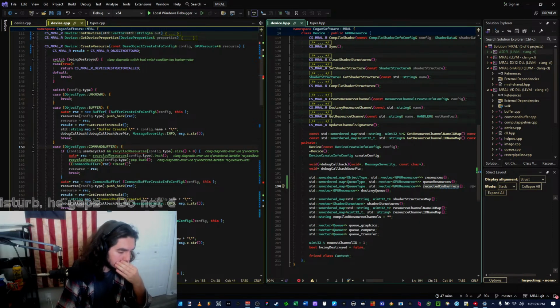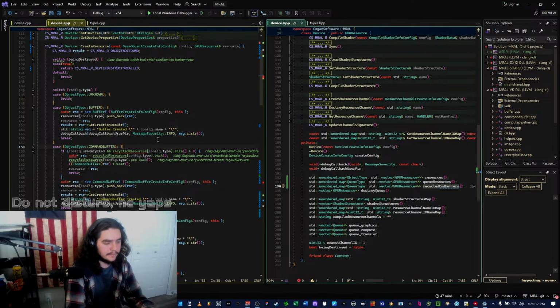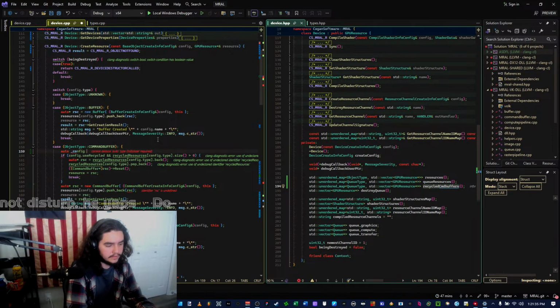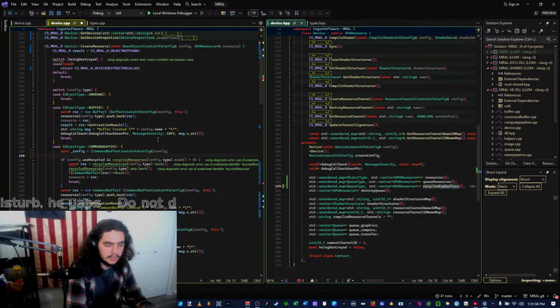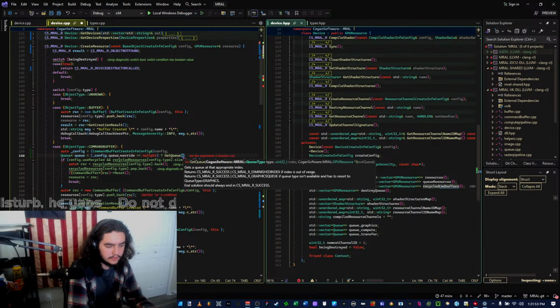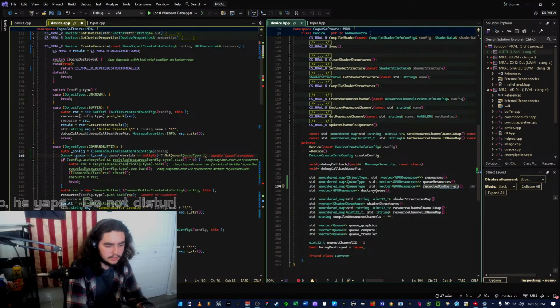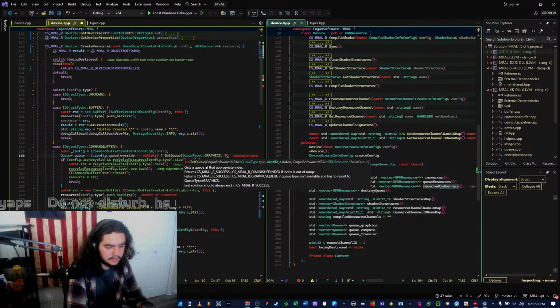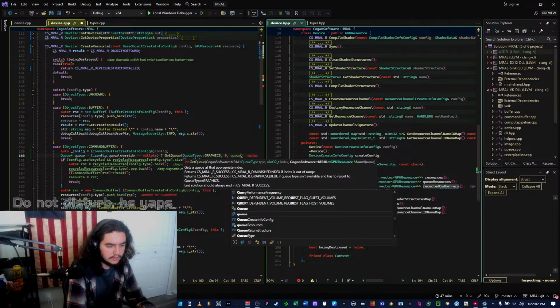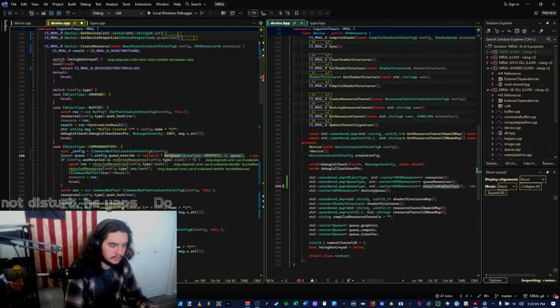And the way I'm gonna do it is, okay, I'm gonna do auto config equals this, and then I'm gonna say that the q is equal to, if config dot q override, then we're just gonna call get q type. We're gonna assume, as always, graphics index 0. Oh shoot, I have it like this on.